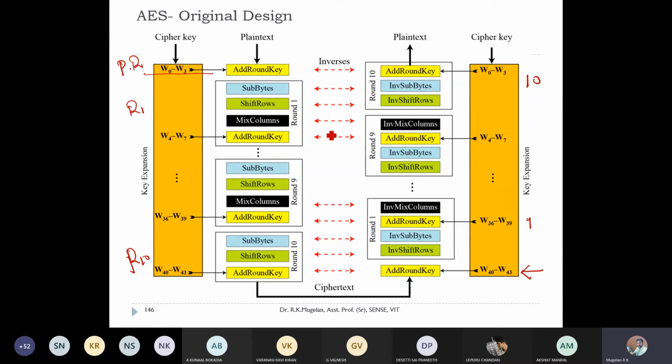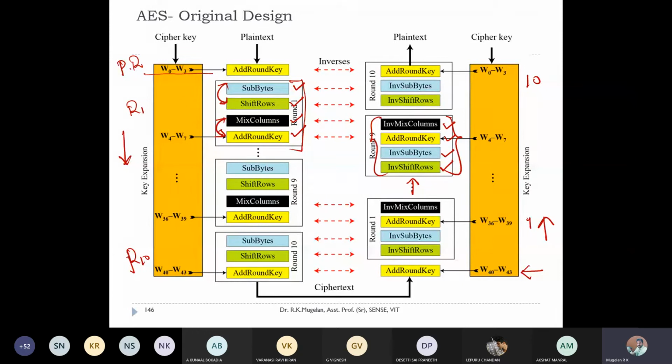And here you have to see one important thing. For example, if I take a round here, you can see I have SubBytes, ShiftRows, then MixColumns and AddRoundKey. But if you go for the inverse operation, this is the first operation because it is coming from bottom to top, and this one is from top to bottom. So here the flow is in this direction. First comes ShiftRows, then comes InvSubBytes, then AddRoundKey, then MixColumns. You can see these two are interchanged, and these two are interchanged in the decryption part.